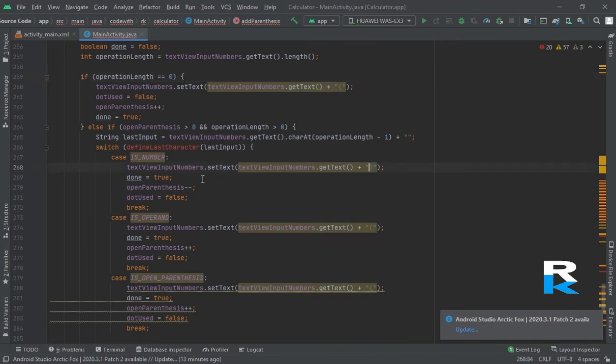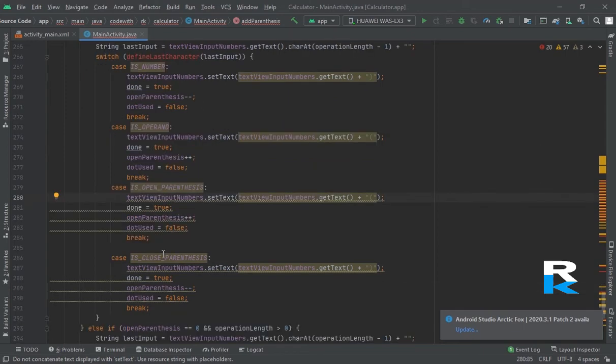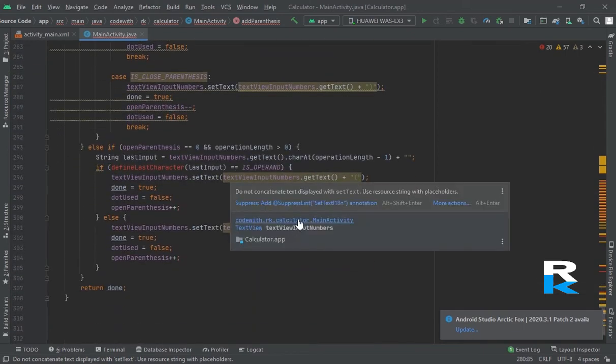Look, if that is a number, it should close the parenthesis. If that is an operand, it should open the parenthesis. If that is a parenthesis again, it should use only the parenthesis, and dot used is false because there is no dot used.